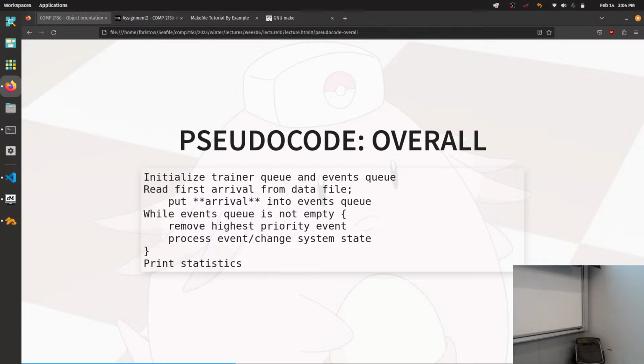I'm going to break this down into a few different parts of pseudocode. I want to run through this simulation kind of at the high level, and we're going to take a look at each part of this in turn. At a really, really high level, the steps that I'm going through here are to initialize my trainer and events